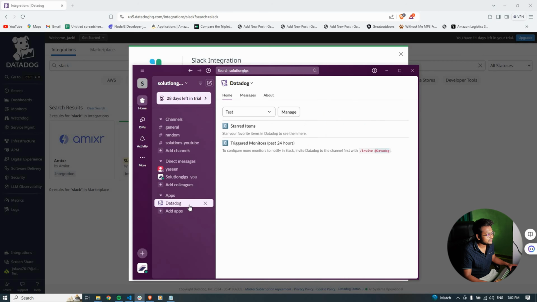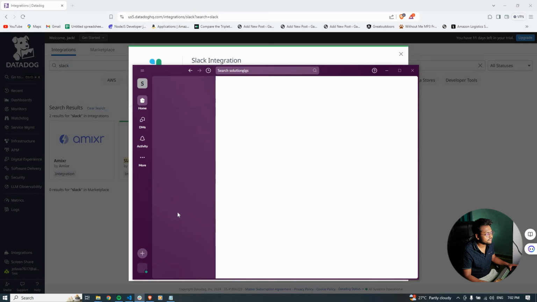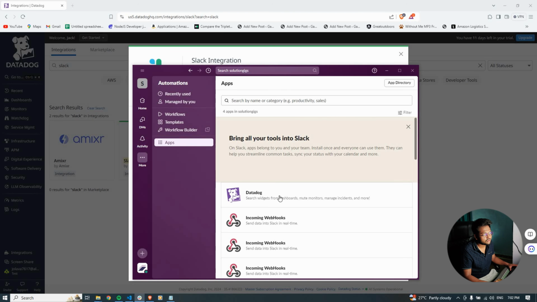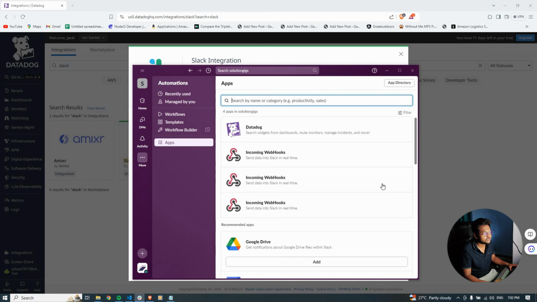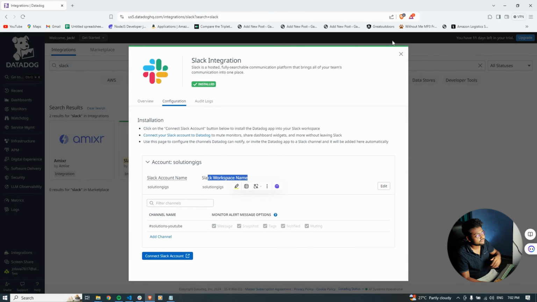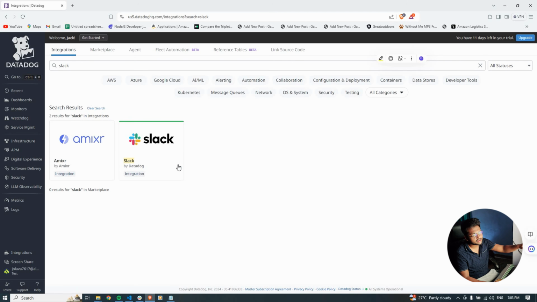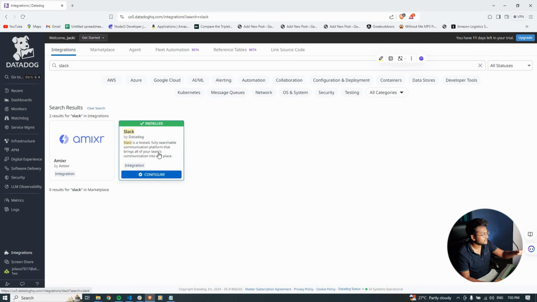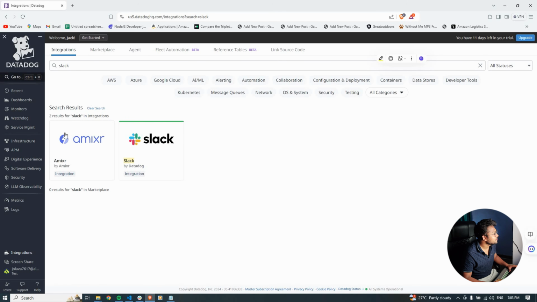This is an application. You also have to add an application, which is also called Datadog. This is the similar way you can add applications to your channel. It's a straightforward way, and you can also check that if you want to. But that is one thing: first, you have to add the Slack integration to Datadog. Second, you have to go to